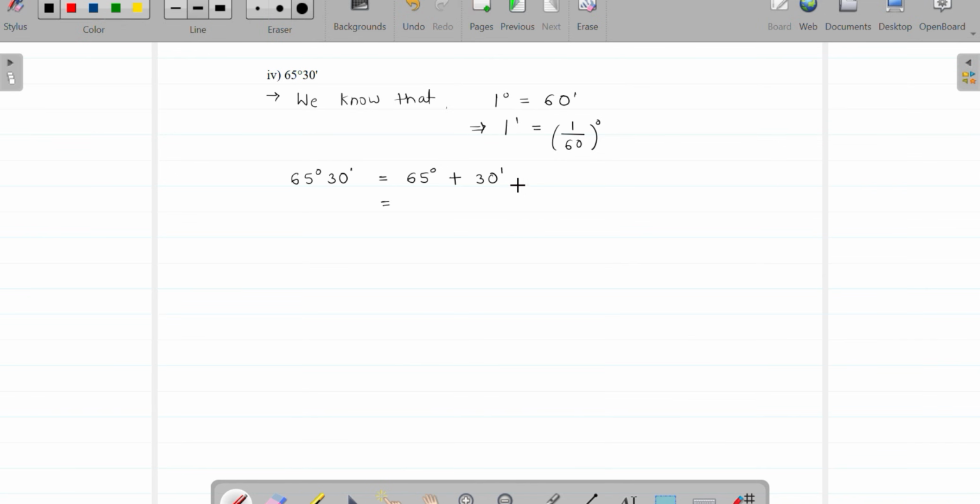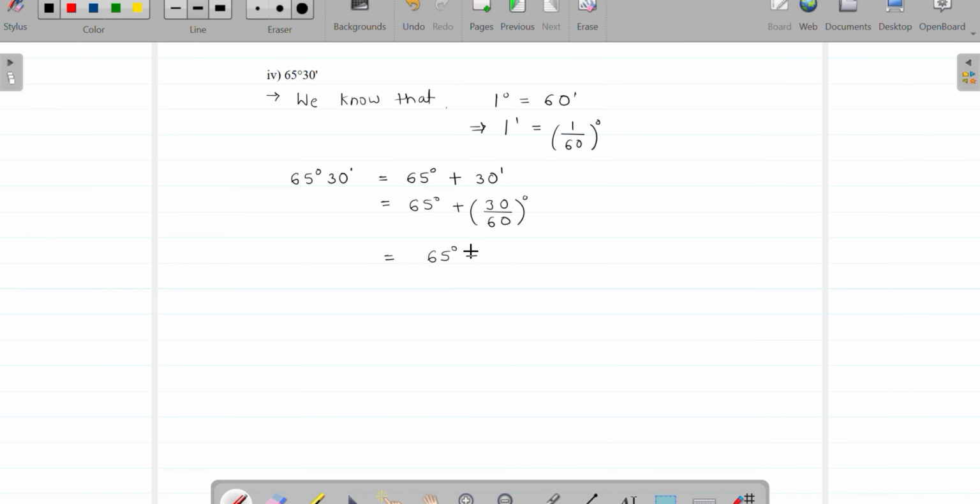That's why now we are going to multiply this 30 by 1 upon 60 degree. So here 65 degree as it is, plus 30 minutes, which is equals to 30 upon 60 degree,